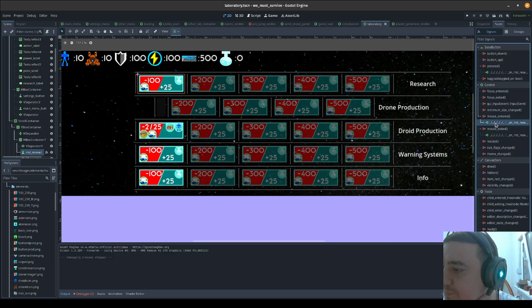So in our case, whenever a button is pressed, it will activate this function. Whenever a mouse enters the button, it will trigger this function. When mouse exits this button, it will trigger this function. Okay, so basically, this is what we need. We don't need anything else. When we go into the code,